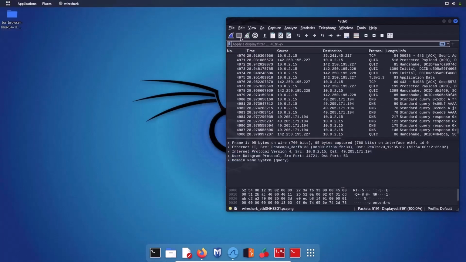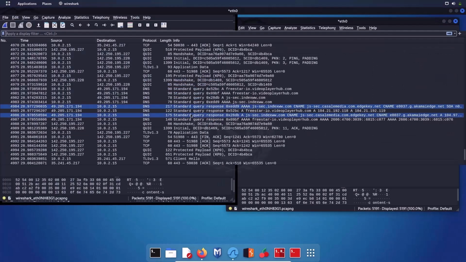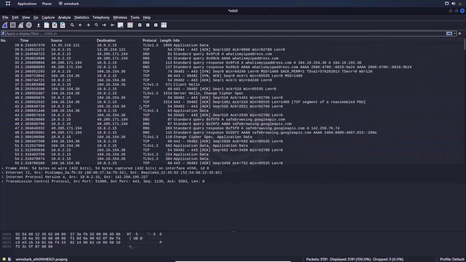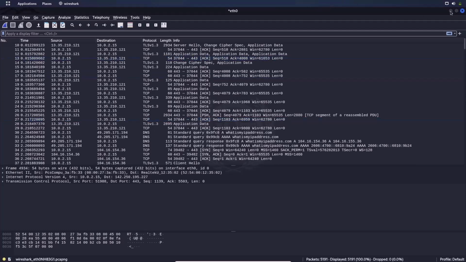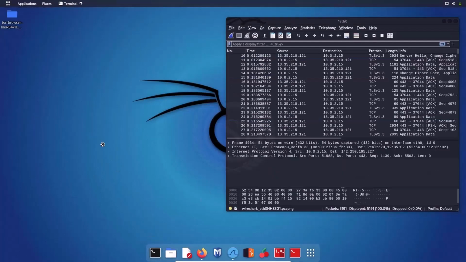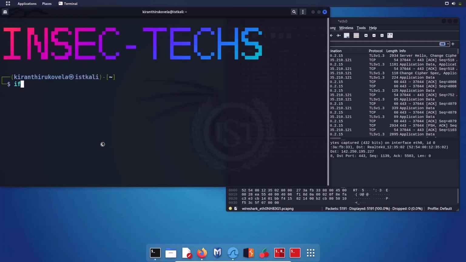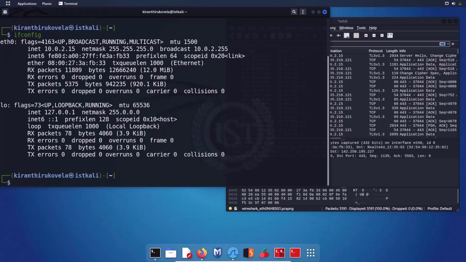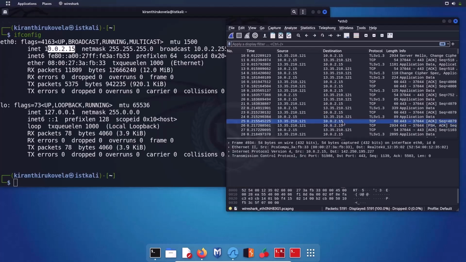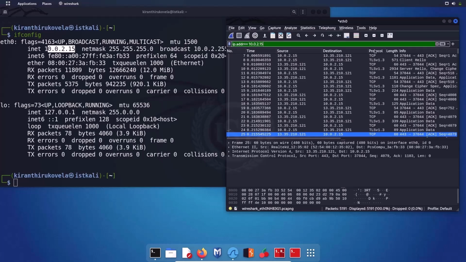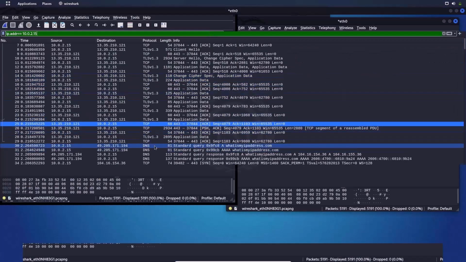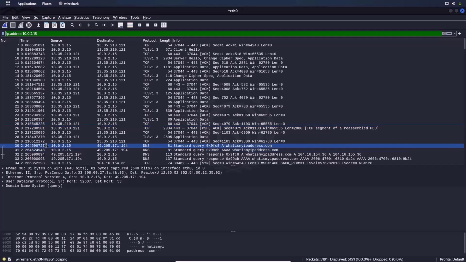We have already captured 4,000 packets. Let me maximize this window now in order to see the DNS packets, and now check my system IP address, because now I'm not connected to the router. So ifconfig, and my IP address is 10.0.2.15. Let me add a filter, maximize the window, and come down, and this is the query packet number 30 from 10.0.2.15 to 49.205.171.194. This is a standard DNS query for whatismyipaddress.com, and the response